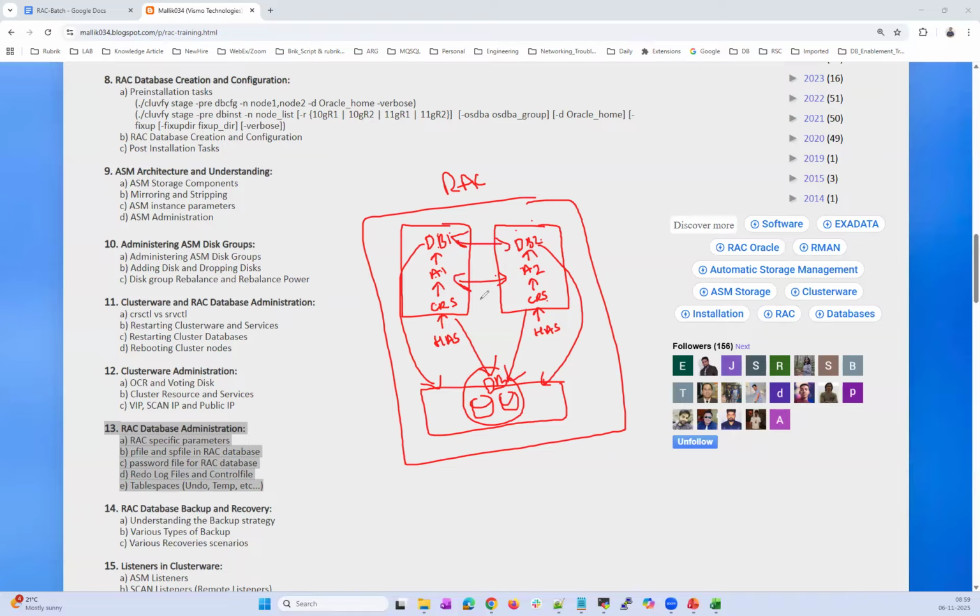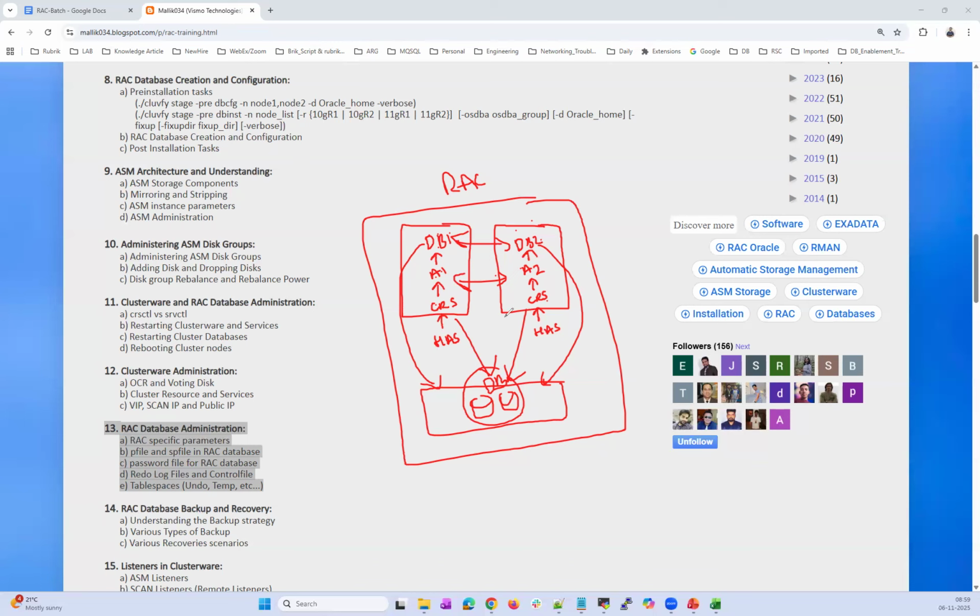The moment we talk about this communication, you have the private network, cache fusion, split brain syndrome, CSSD, Cluster Synchronization Service Daemon, network heartbeat, disk heartbeat, and the voting disk will come into the picture. So how we can visualize internally, that's all RAC internal concepts.